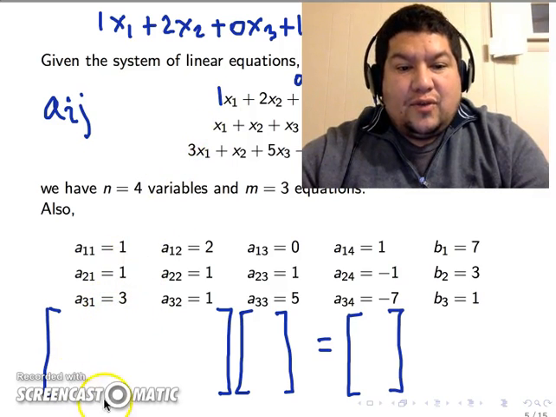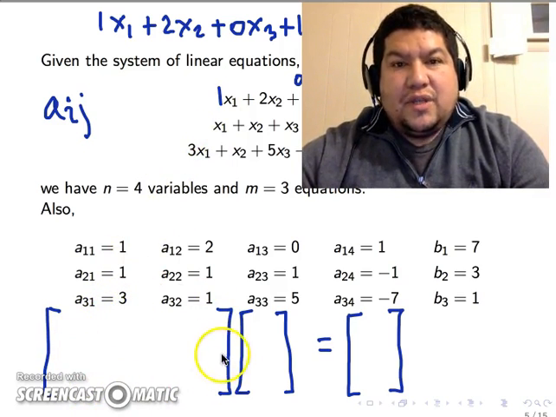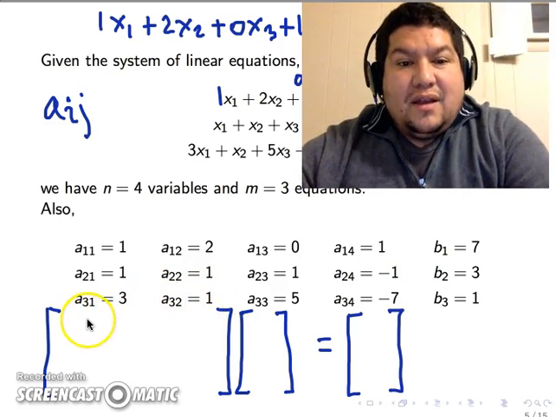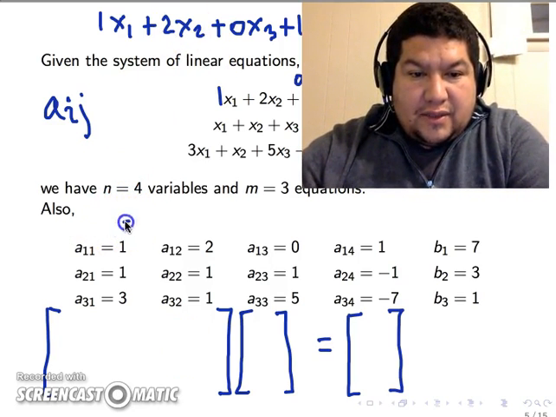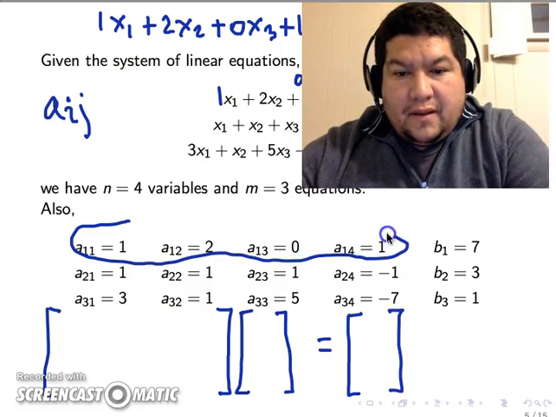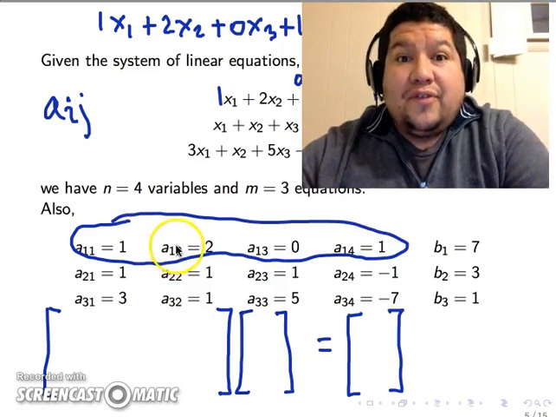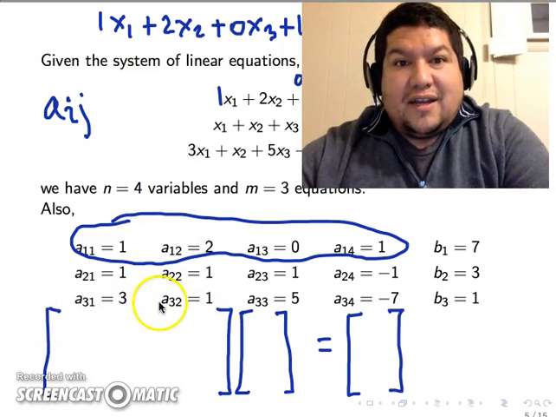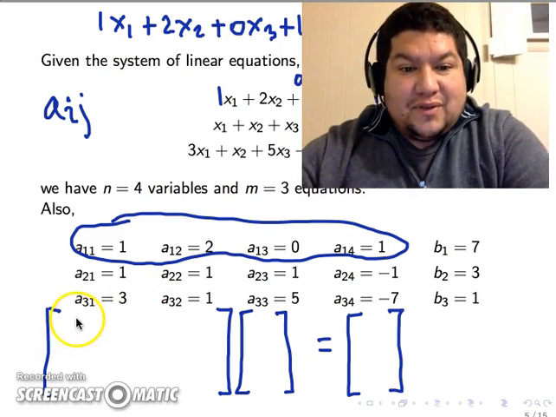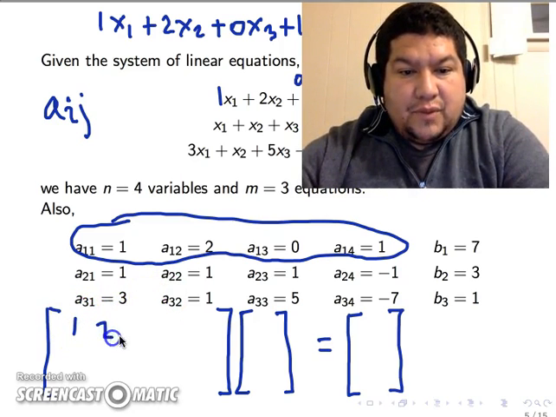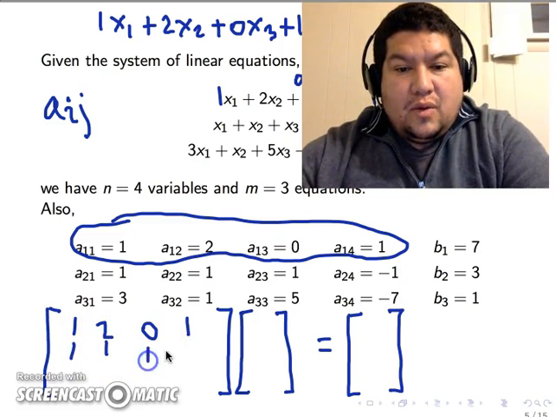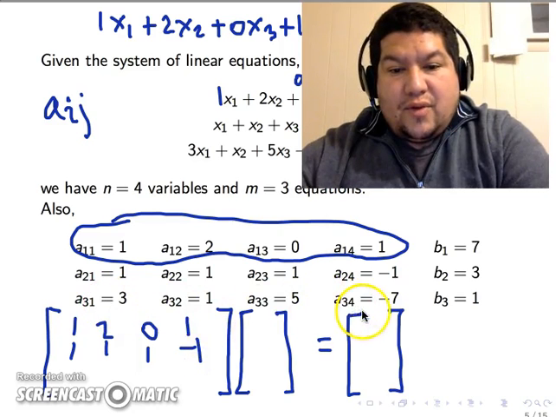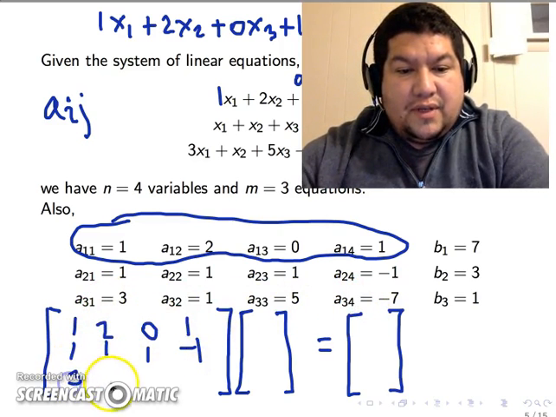We're going to write that into a form in which all the coefficients that are multiplying the variables are going to be stored in this rectangle. So for example, I'm going to take these numbers here. These numbers are going to form the first row, and the row is going to look like a horizontal list of numbers. So we have there 1, 2, 0, and 1. That goes for the first row. The second row is going to have 1, 1, 1, minus 1. And row number 3 here is going to have numbers 3, 1,